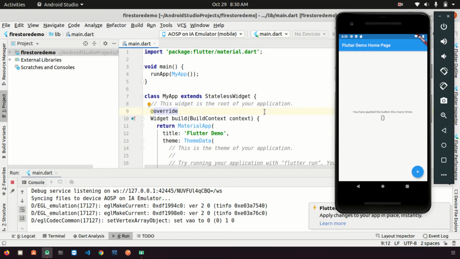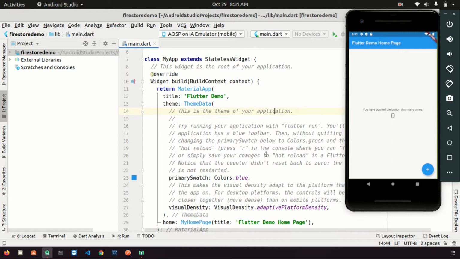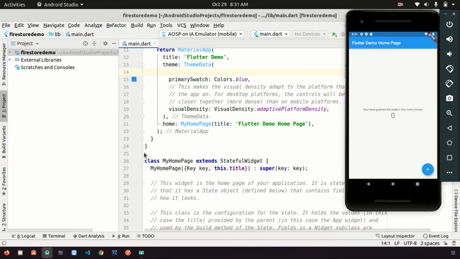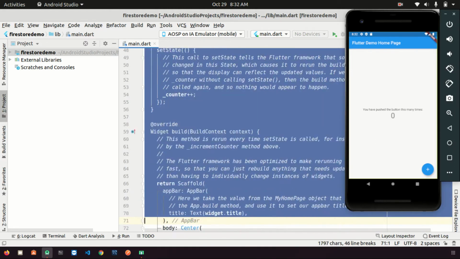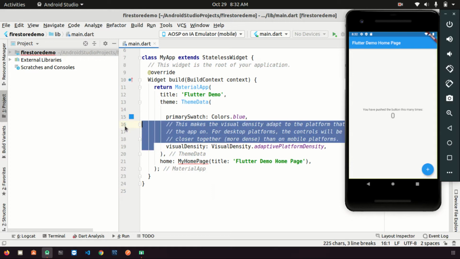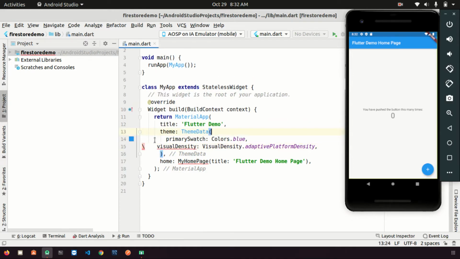Now this is the default UI. Let's remove some of this default UI. Remove all these things.